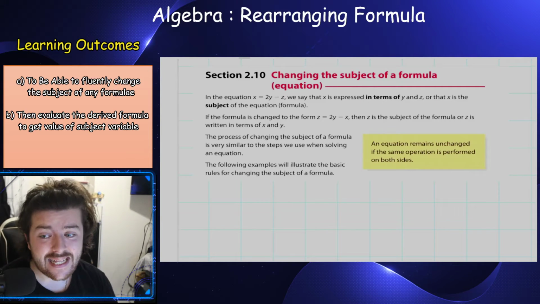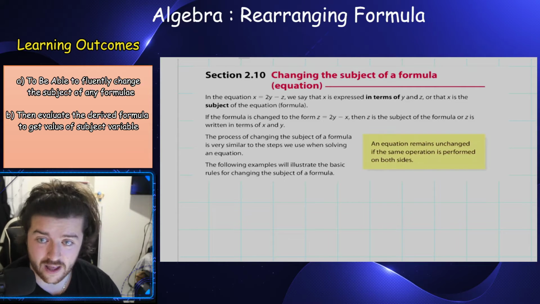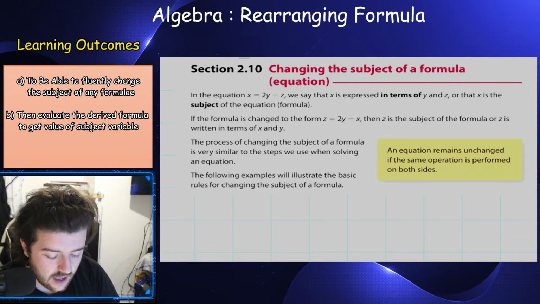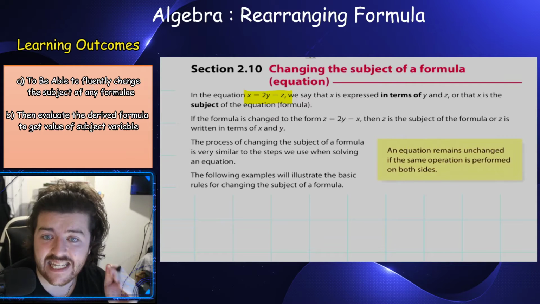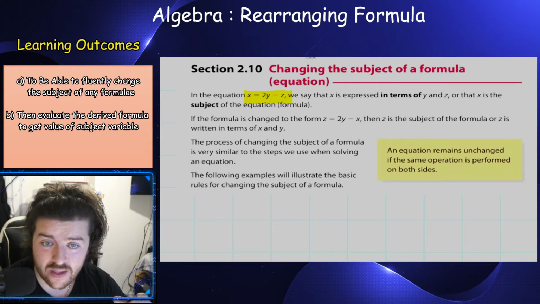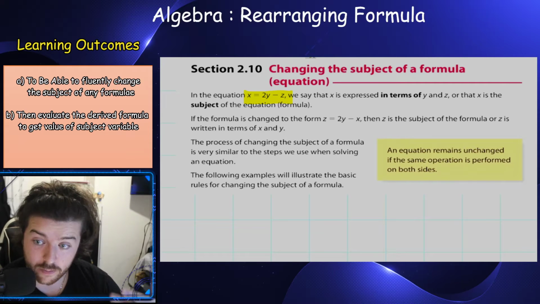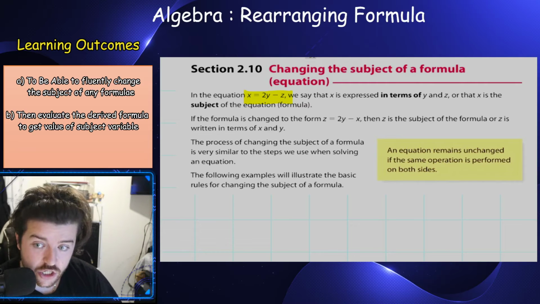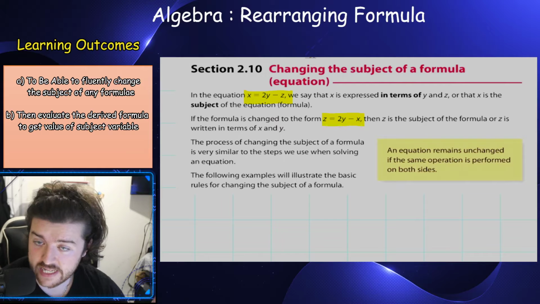So, today's video, we are learning how to change the subject of a formula. Okay? So what is the subject of a formula? In the equation x equals 2y minus z, x is expressed in terms of a y variable and a z variable, and x is on its own on one side, so therefore x is the subject of this equation. However, if I changed this equation now to z equals 2y minus x, as you see